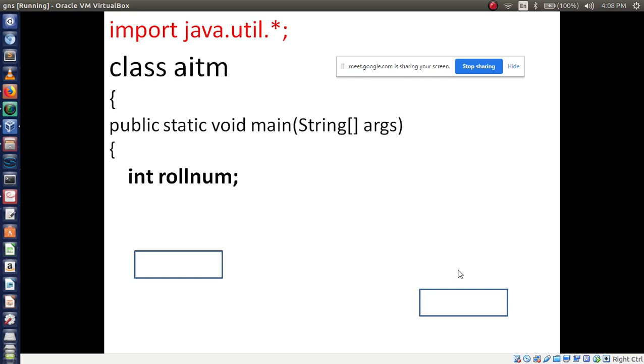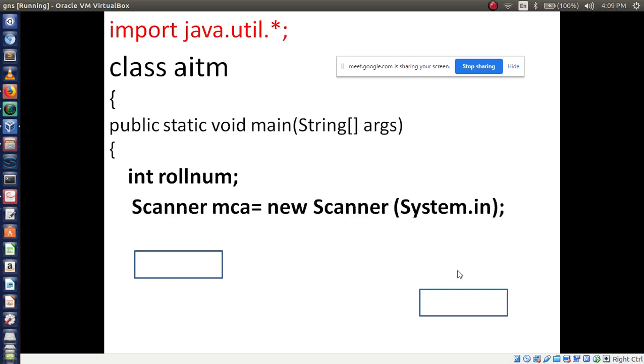Next I am using the Scanner class. How to use a Scanner class? Scanner followed by object name is equal to new Scanner, then in brackets you have to write System.in. Parameter.